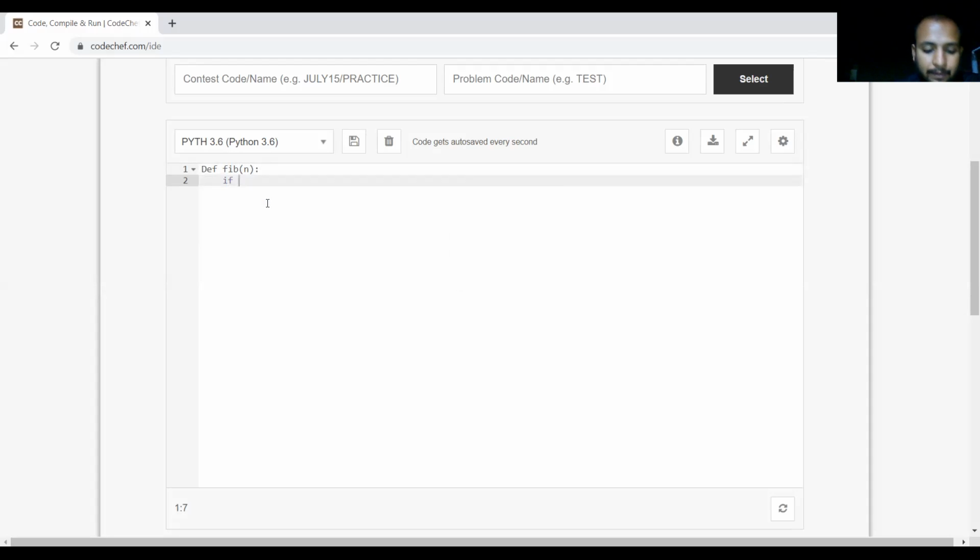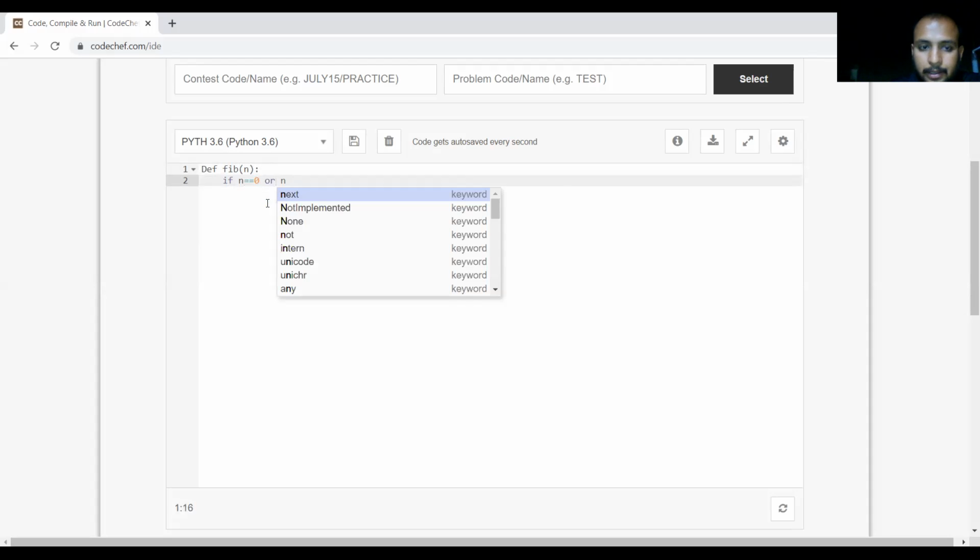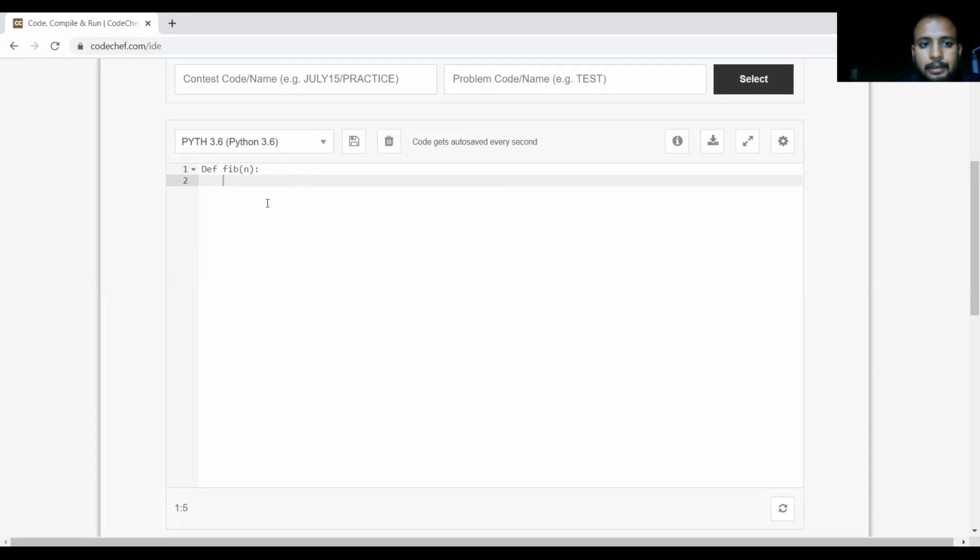Termination condition: if n equal to 0 or n equal to... I'm not writing the Fibonacci right now. It's factorial, not Fibonacci.